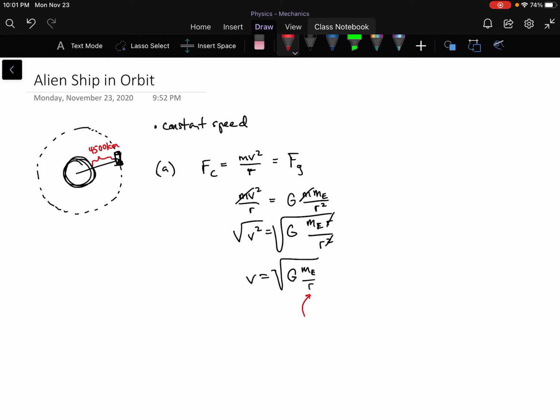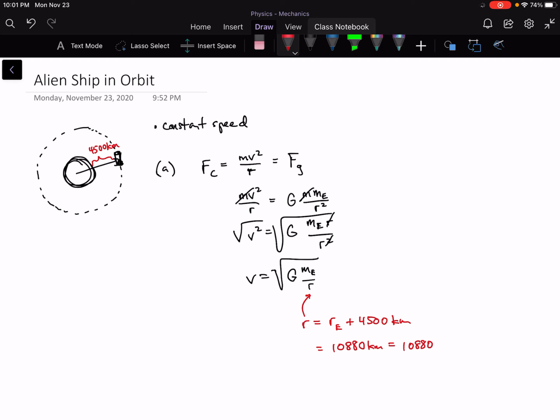Remember that this r in the universal law of gravitation is the distance between the centers of mass or the centers of gravity of the two objects. So we're going from the center of the Earth, okay, that's why you're given the radius of the Earth, to wherever the spaceship is. So that's the radius of the Earth plus 4,500 kilometers, which if we add in the radius of the Earth that we're given there is 10,880 kilometers,